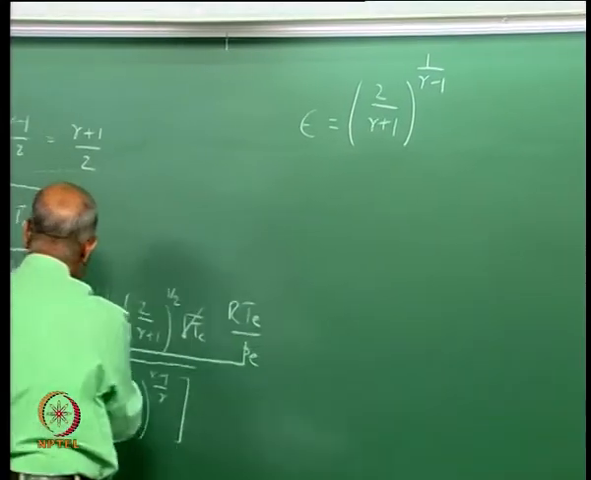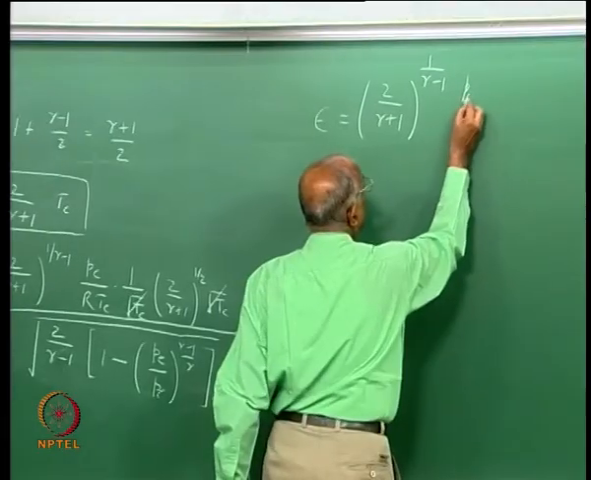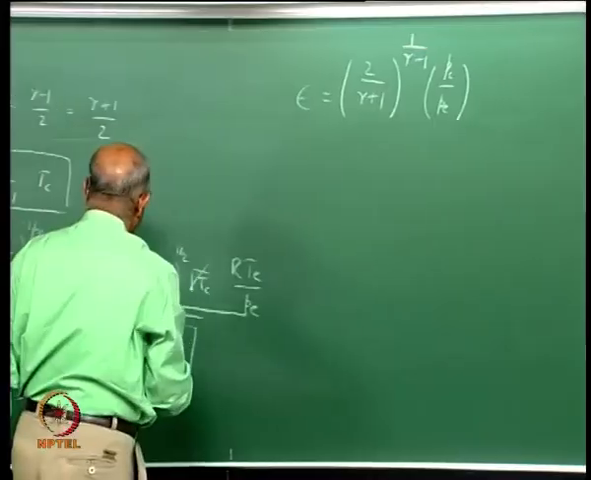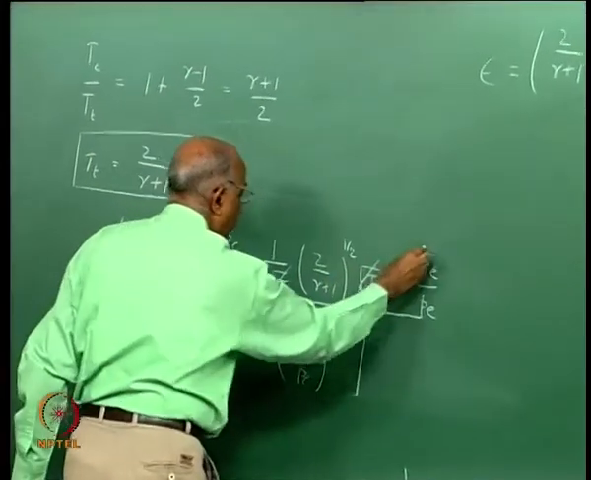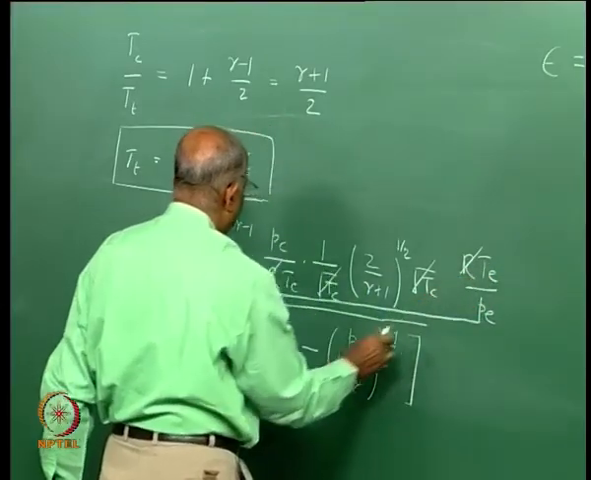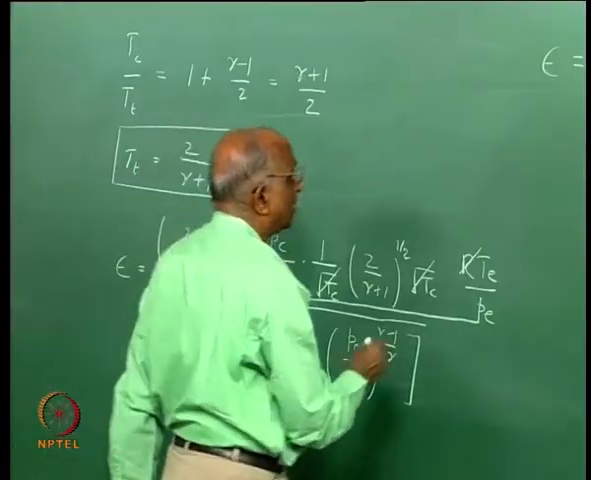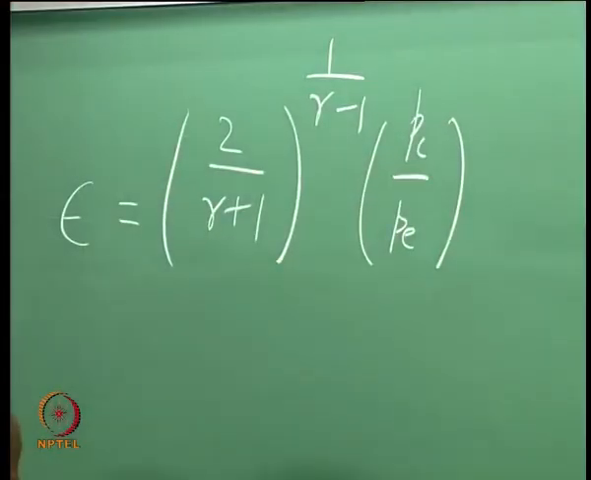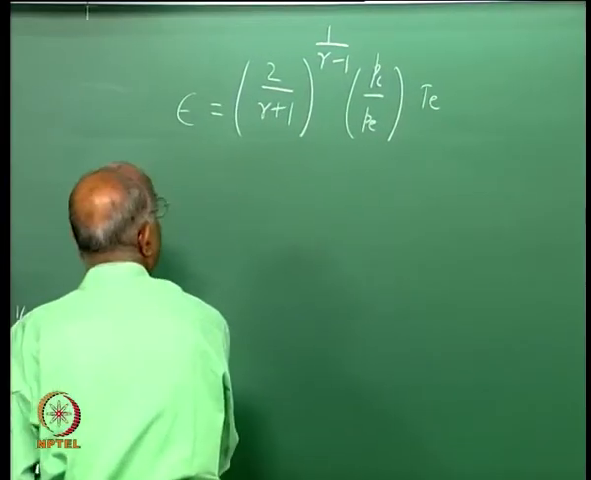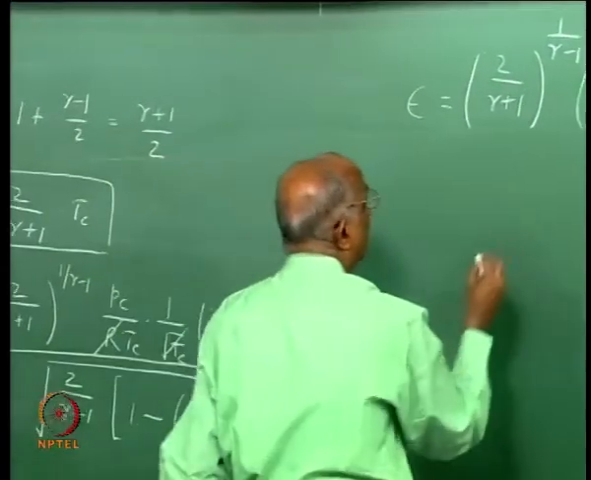Now, I have PC here, I have PE here, let us write it as PC by PE, and now R also cancels over here. Therefore, now I write T is left over here, that is the exit temperature, and there is nothing else here. Let's write that down. I have the value of T over here, and I have taken PE inside, and here I have TC over here,